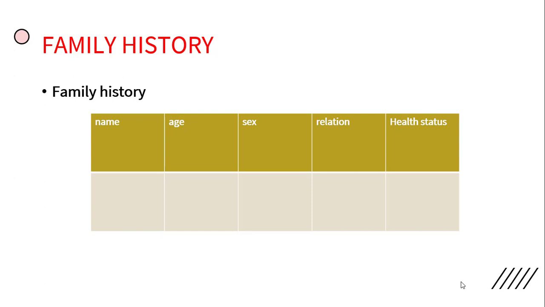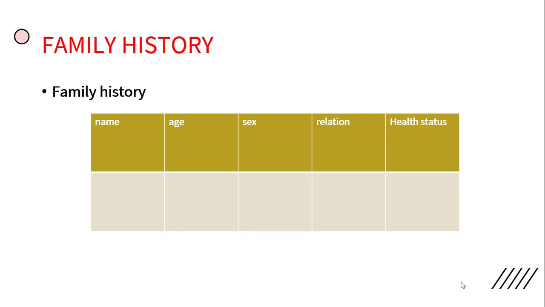Next is family history. Writing family history detail is very important in case presentation, especially in psychiatric condition, because family hereditary problems may develop different kinds of psychiatric condition. While writing family history, you have to write both family history and family tree. Under family history, you have to make column like this and you have to write everything about the family.